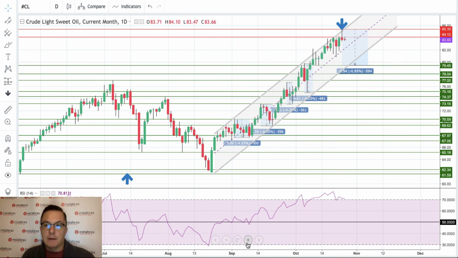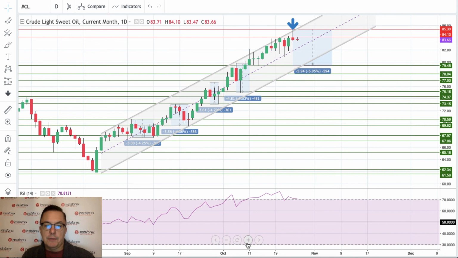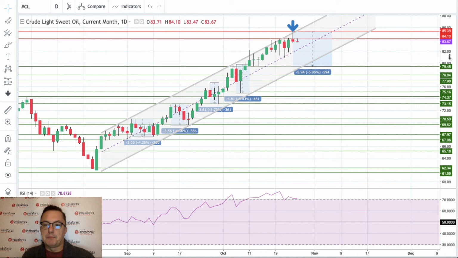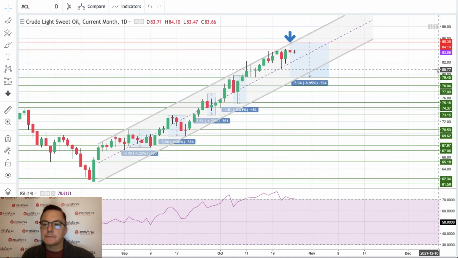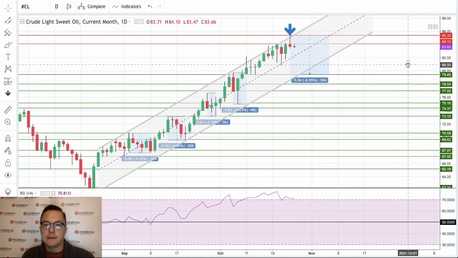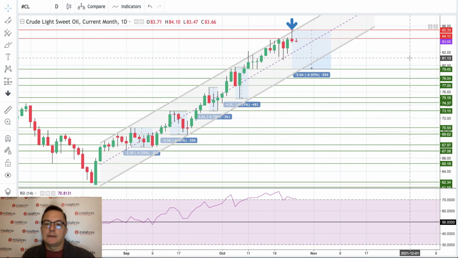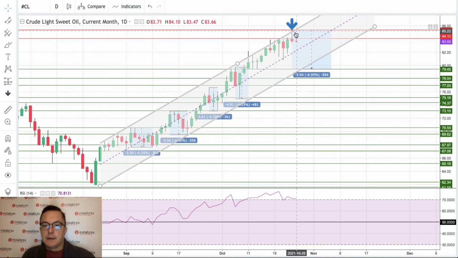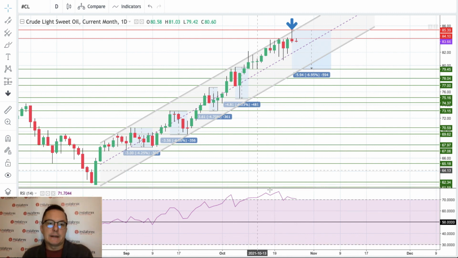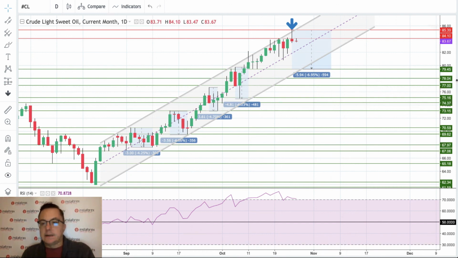For now, however, we are trending up. We are trading towards $90 per barrel of oil, but we still need some sort of corrective decline. So please keep an eye on the current situation on crude oil, because the market is sending us signals that we might need a correction or a pullback here on this market. The target is of course 79.45. That would be a nice decline.